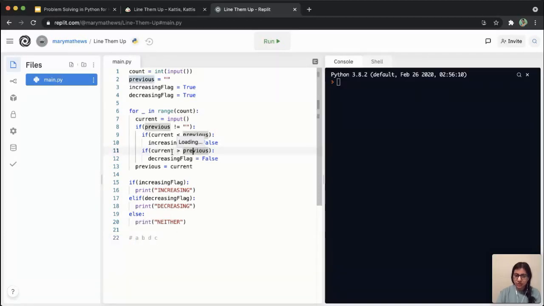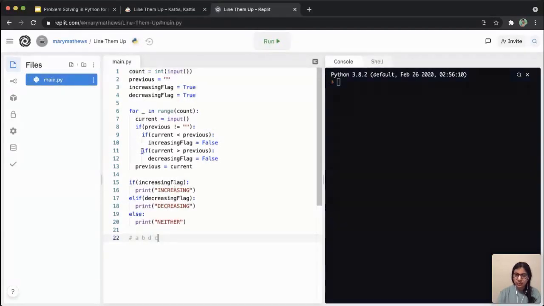And then on the other hand, if current is greater than previous, here, if B is greater than A, set the decreasing flag to false, okay? Meaning I know it's not going to be decreasing either because this particular pair is in ascending or increasing order. And then again, I set previous to current. So previous becomes B. So at each step, I'm setting previous to my input, okay?